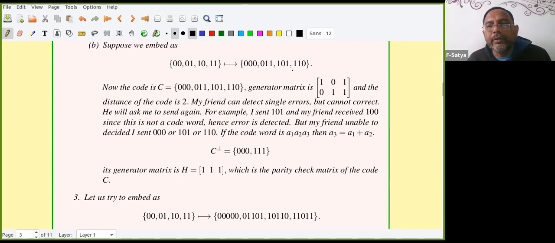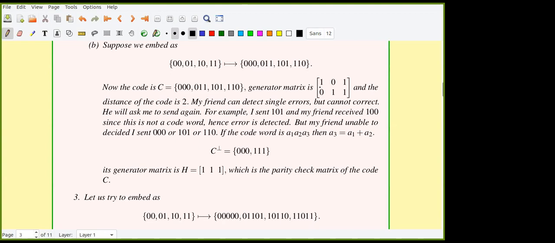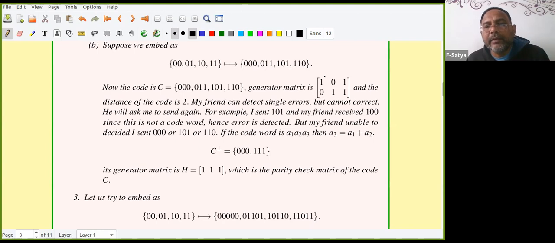Why did I choose 101 and 011 here? I told you I can choose any two, but why did you choose these two? This looks like you've appended the identity matrix. Yes, it is the identity matrix. This is called systematic form. I'll explain again today; it will be more advantageous.